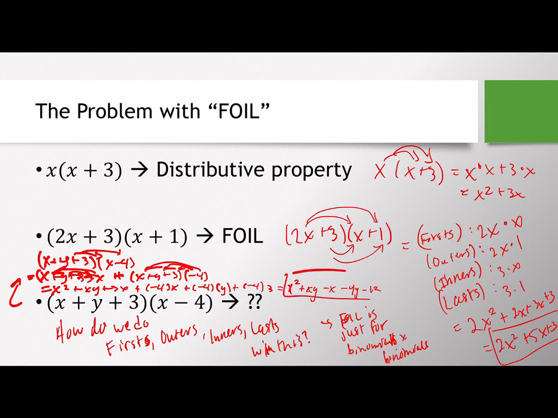And that's the problem with FOIL, is that it's only good for binomials times binomials, and so we can't generalize it to other polynomial multiplication easily. And that's what we have for our video. Please let me know if you have any